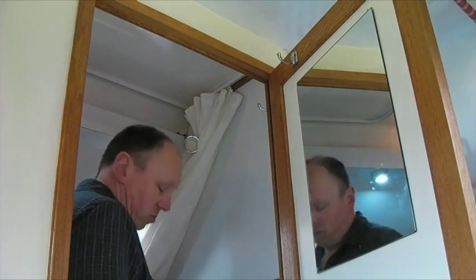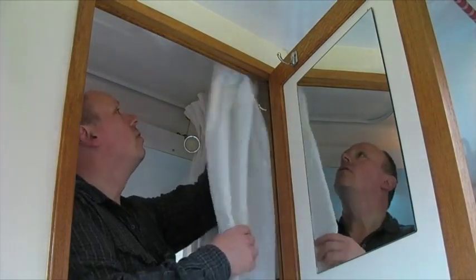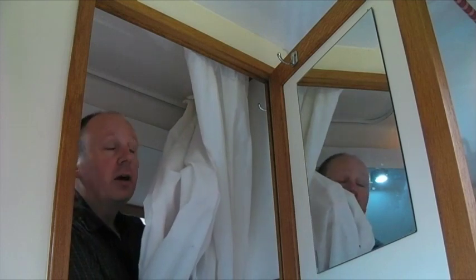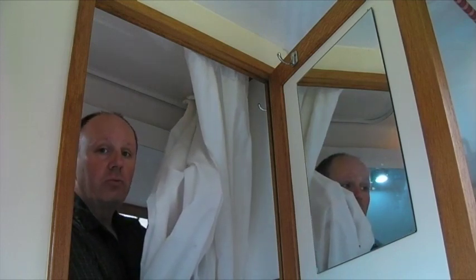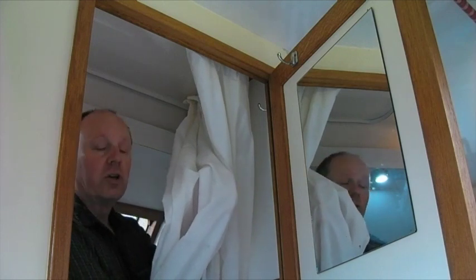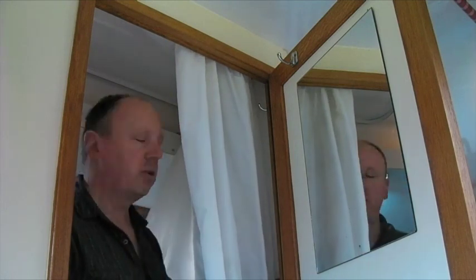It's a little flush, and then close again, and you're done. The shower is up here. This is the head of the shower. What I usually do is drag the curtain all the way around, just to protect the door. And if you stand behind the curtain and hold it up while the water's running, then you won't get the first bit of water, because the first bit of water will be cold, and you don't want to get cold water. So when you feel that it's warmed up, then you can get in and you'll have a nice warm